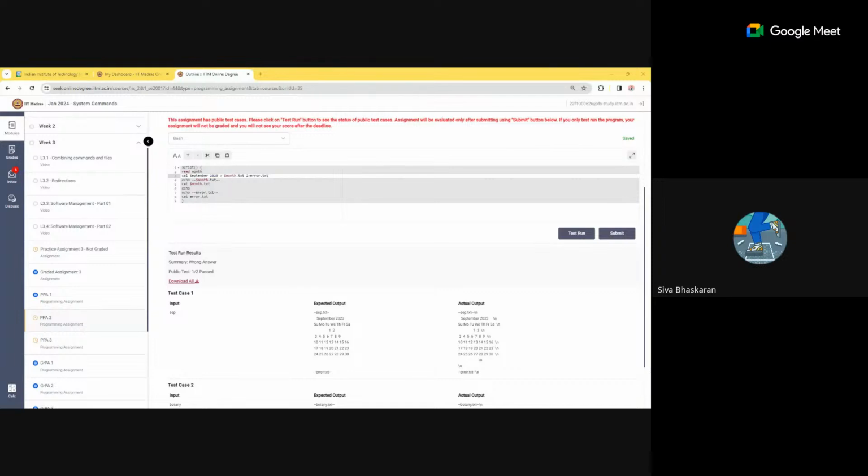Let me make it slightly bigger so that everyone can see. Sir, in Ubuntu, this cal command doesn't work. If it's not working, that means it is not installed in your system. You have to install it. The cal command used in the VM is called a BSD-based cal command. The same cal command in my own personal system is a little different. It is not the exact same binary we are using.